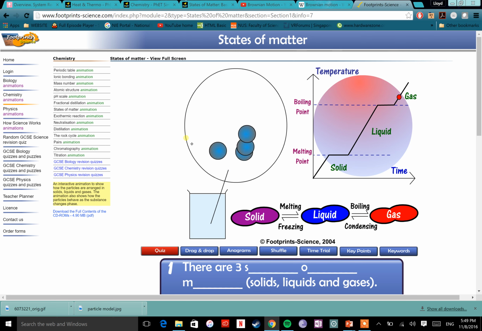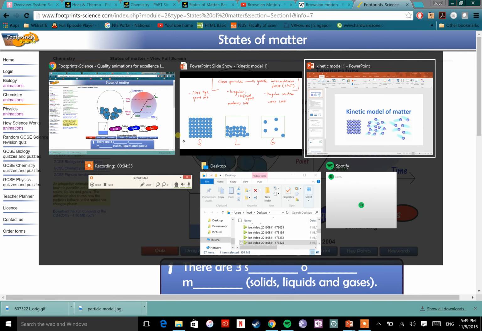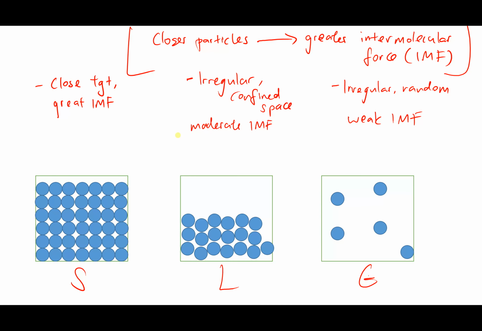Okay, there's no confined area or space to define that the gas is only moving within this area. The entire area belongs to the gas. Whereas for liquid, if you take a look again, it's really only within this rectangle that I'm drawing right now. Okay, so that's it for the three kinetic models